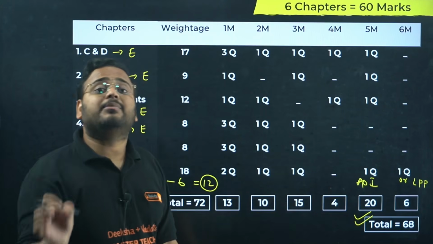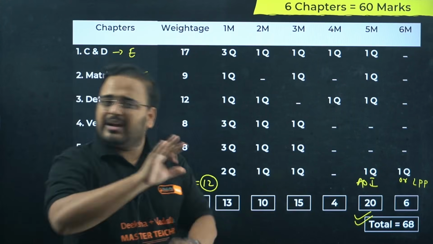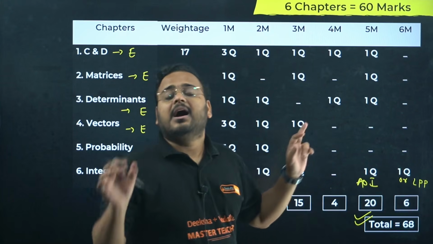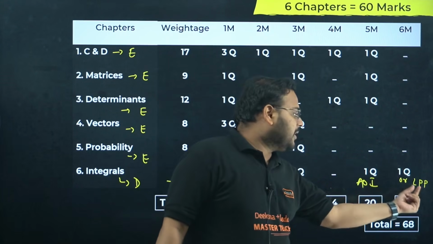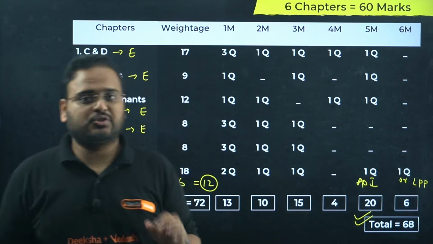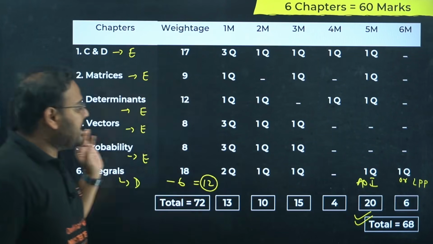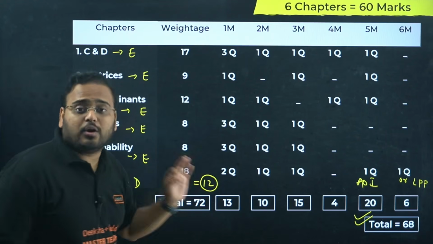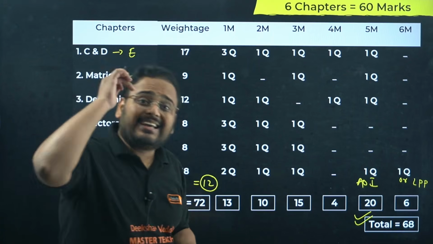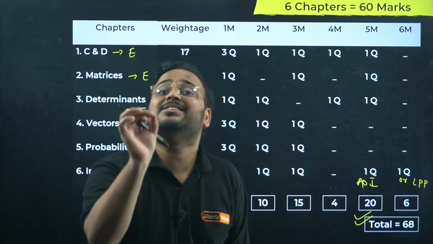But there might be some of you in the session who will say, sir, I don't like integration. Then yes, for the difficult questions of integration, the 6 marker and 5 marker, I am asking you, if you want, in the 6 marker choose LPP, in the 5 marker choose AOI, a straightforward ellipse question, circle question, or parabola-line combinations are possible. I hope this makes sense. I hope this gives confidence to all of you, knowing that what sir is telling is true, that from 6 chapters I can actually score 60 plus marks. This is 68, I'm saying 60 plus.